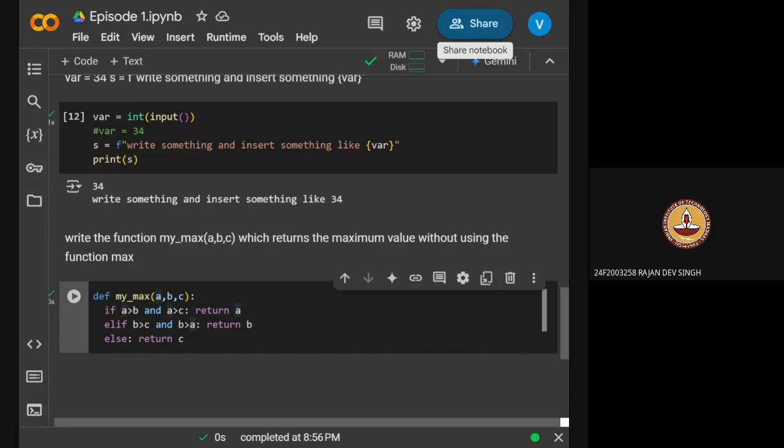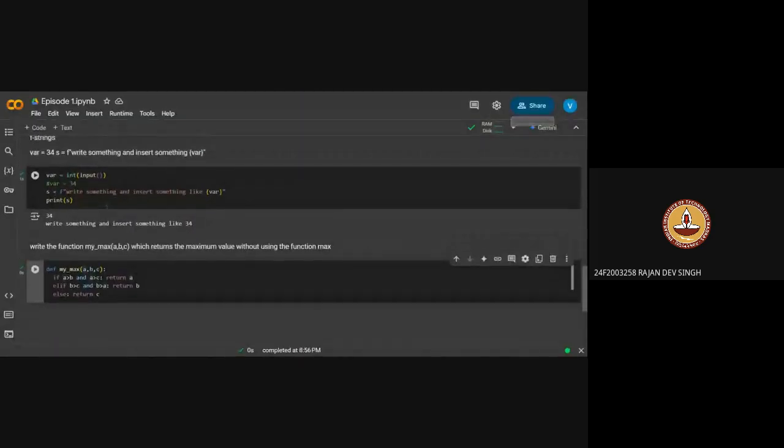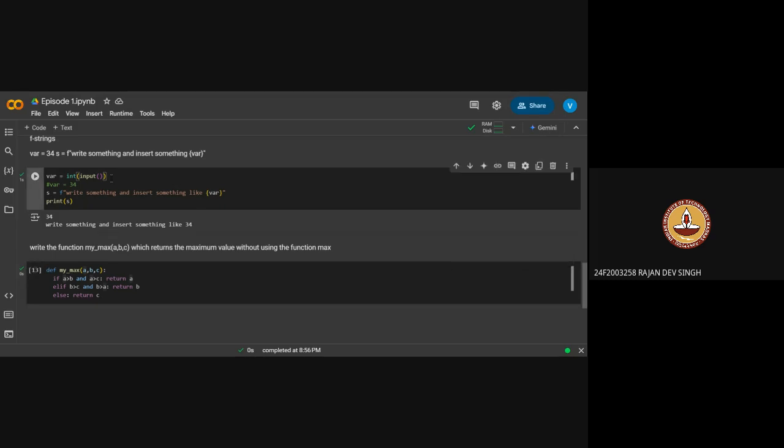Sir, in the above code, you have defined input for taking input from the user. If we take input for more than two numbers, then only the two digits are displayed. After that, no digits are displayed. I couldn't understand. Sir, in the above code, variable var equal to input. Yes, sure. Please run the code.